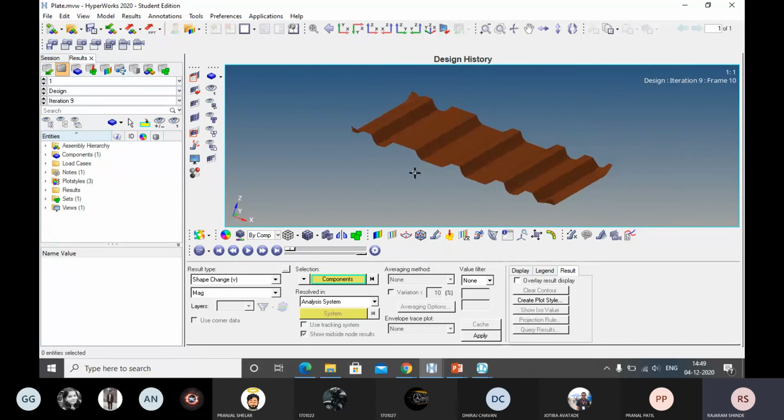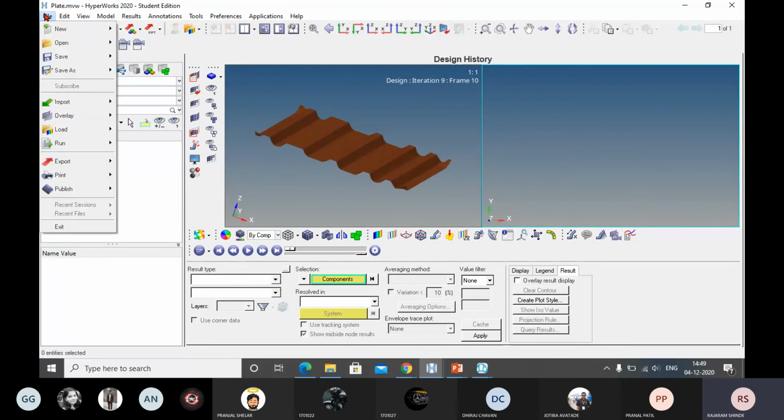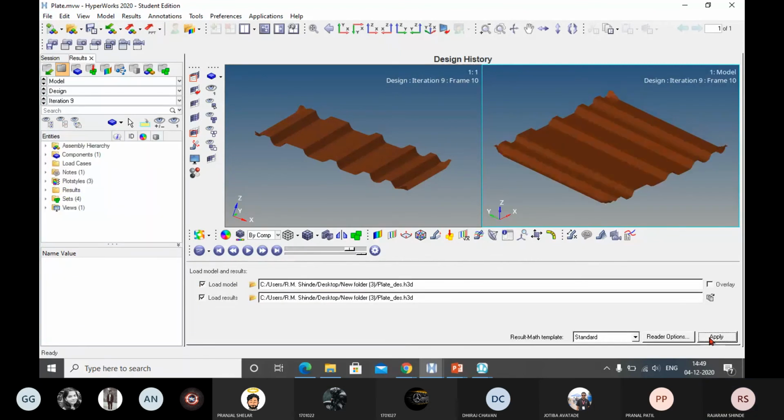We will see the traces. Now I will select this one. I will go to File, Load Results, apply. Sorry, I have to replace it.